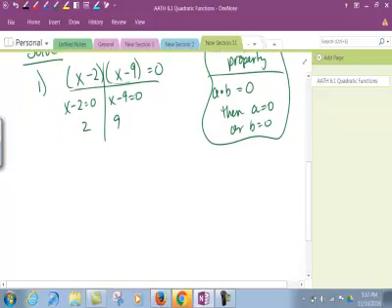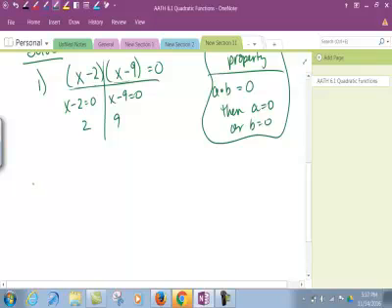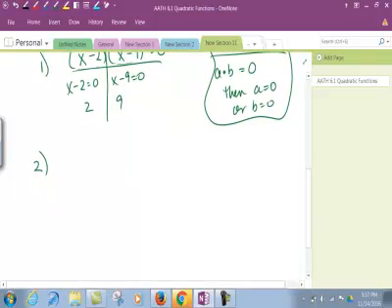Okay, sometimes when we have this situation, they aren't factored yet and we have to factor. So the purpose of this video is not to teach you how to factor. We're going to in class do a lot of practice reviewing factoring with you. So I'm going to go through these factoring examples pretty quickly. Hopefully you can follow along, and if not, go back and look at them over again and ask a lot